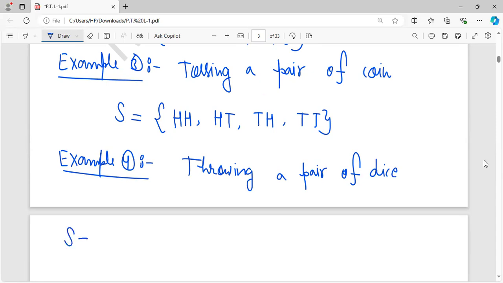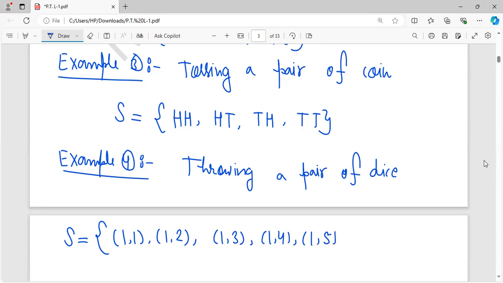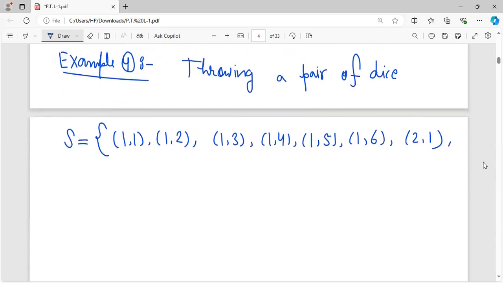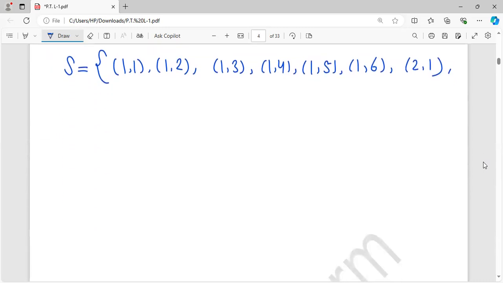So the sample space is 1,1; 1,2; 1,3; 1,4; 1,5; 1,6; 2,1; 2,2; 2,3; 2,4; 2,5; 2,6;